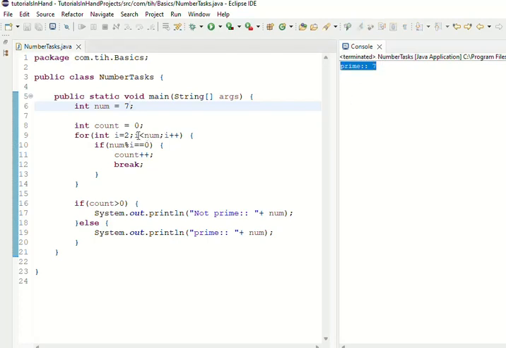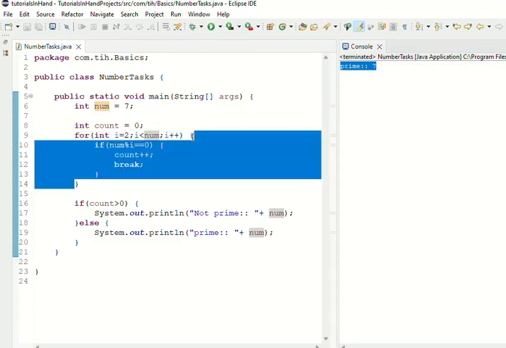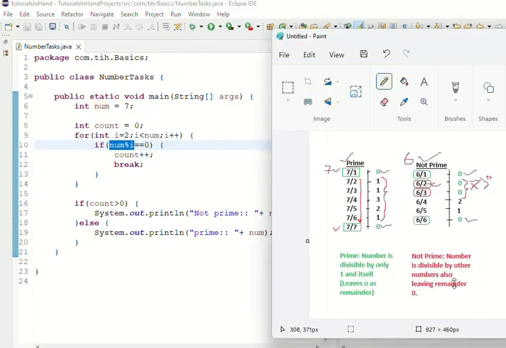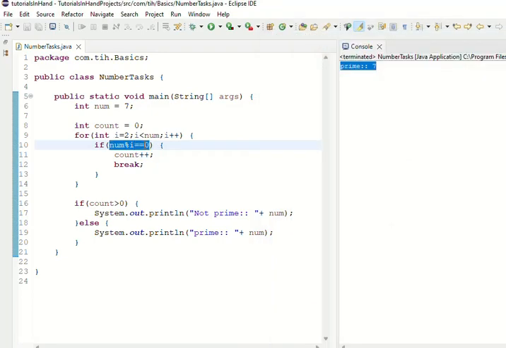So prime as 7. The reason behind that is simple, as we have explained earlier also, that here what will happen, this 7 will be the number for test and i will run from 2 till 6, right? So in first case what will happen, 2 < 7 will be checked, it will be true, it will enter inside this one. So 7 mod 2 will be checked, and 7 mod 2 means it will leave remainder as 1. Here 7 mod 2 will leave remainder 1 because 2 into 3 is equals to 6 and plus 1 will be 7. So 1 is the remainder. So this turns out to be false.